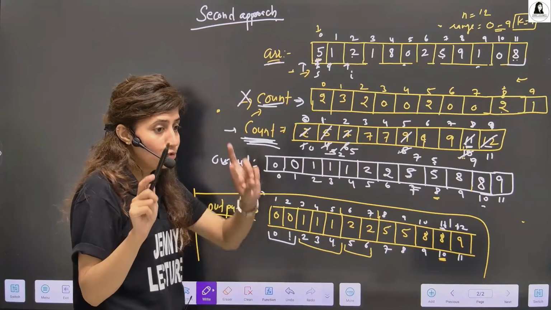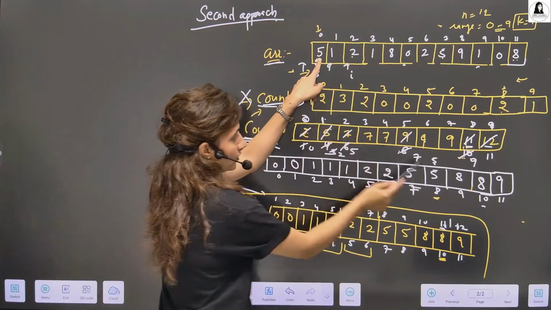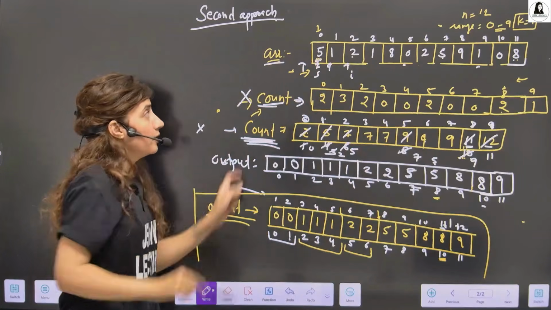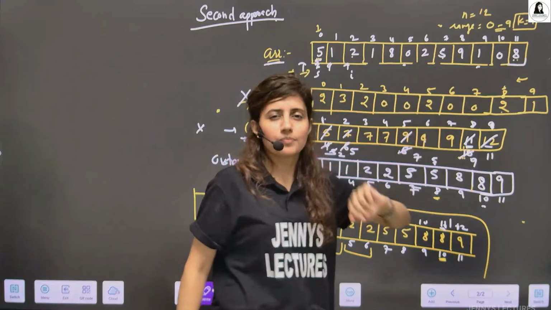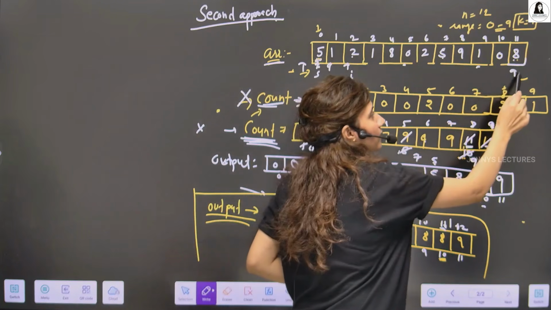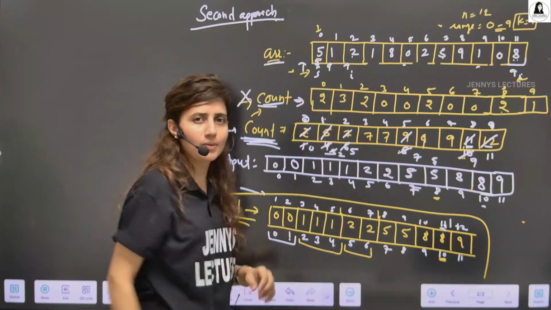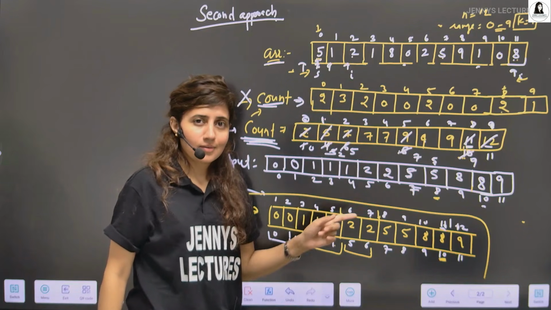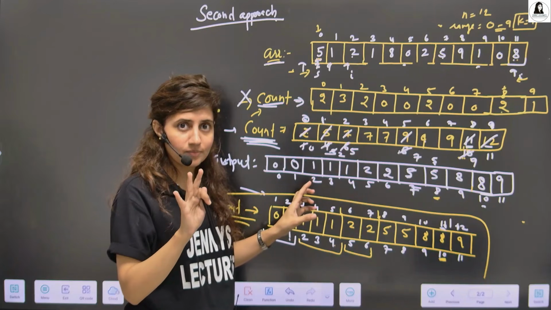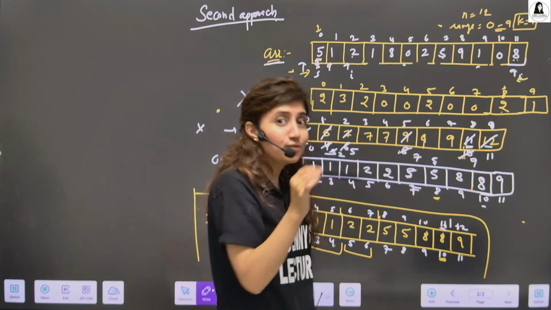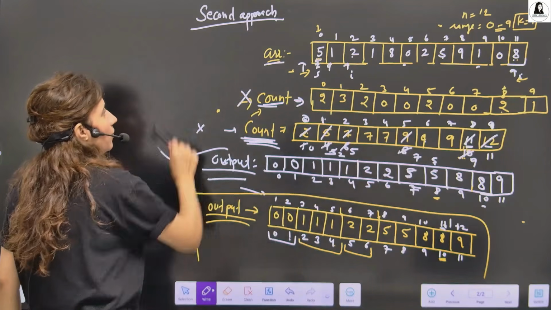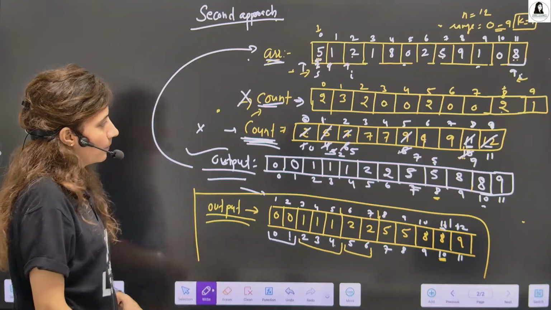Now see, you change the relative ordering. This 5 is here and this 5 is here. So that is not stable if you move from here to here. That's why to maintain the stability, we are moving from here to here. Although the array would be sorted if you move from here to here, it would not be stable. We are just discussing the second approach to make it stable. I hope you got it. To make it stable, you have to carefully implement this. Now we traverse this and you get the output sorted array. Now you can copy this from here to here and just print this.